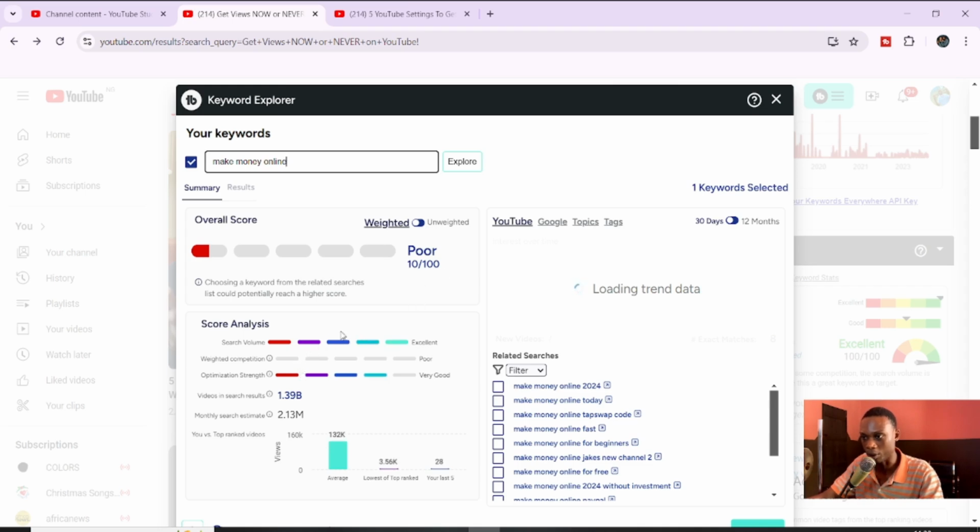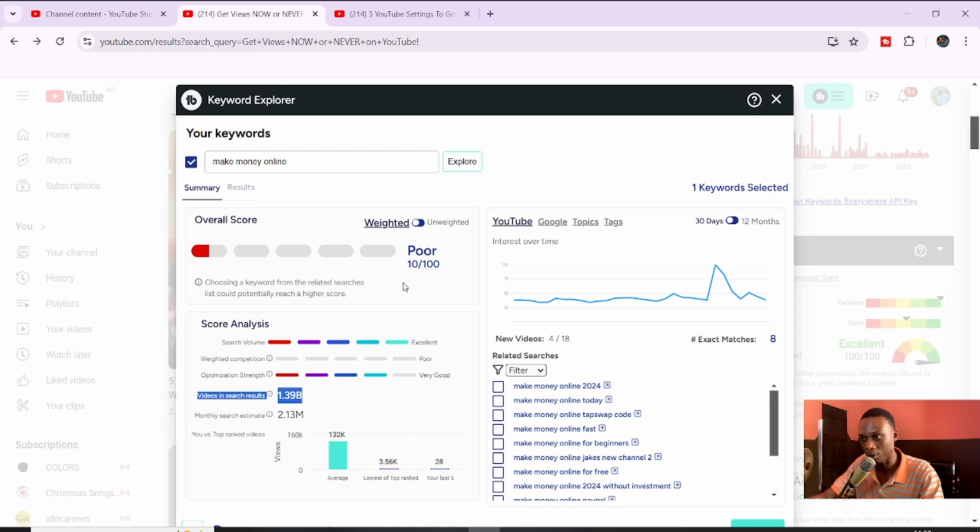What this tool does is give me the total volume of searches in the past few months, and we have 1.3 billion searches, and we also have multiple reach, and this is from Google Trends. We are also having a good result for our video ranking, but our ranking is poor. In order for us to make a video on this topic, we need to make sure that our video ranks for search engines. So for make money online, we need to make a keyword that will actually give us 60 or 80% of ranking. So what I do here, I will do like I make money online